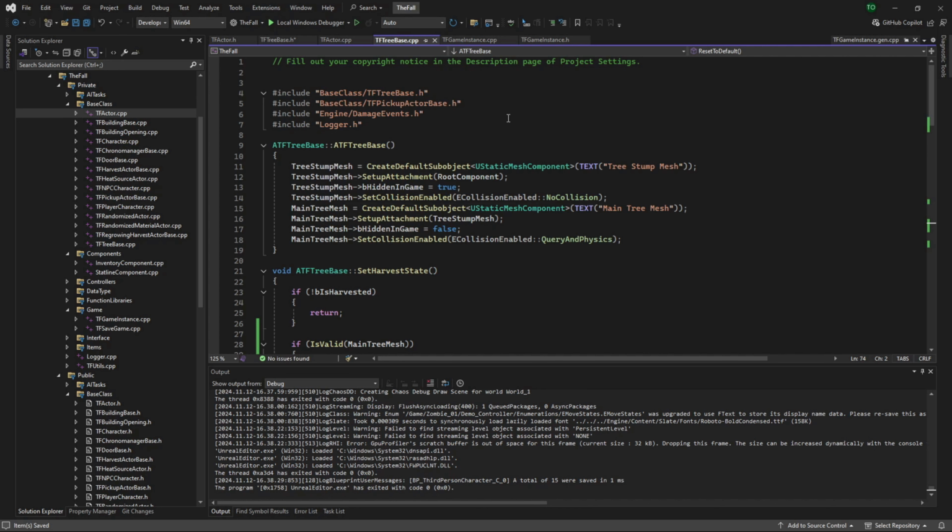Actually, no, let's see if we can... No, because that only works in constructor. Yeah, no, as much as I want to try and fix this, I don't think with the way the save game logic is set up, this is going to work, because I was just